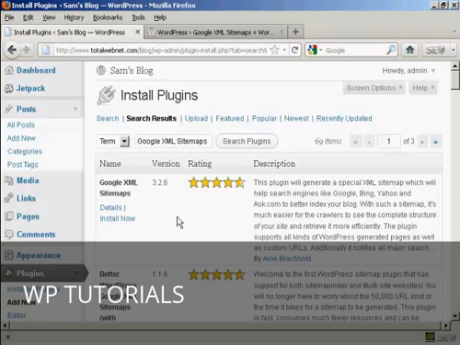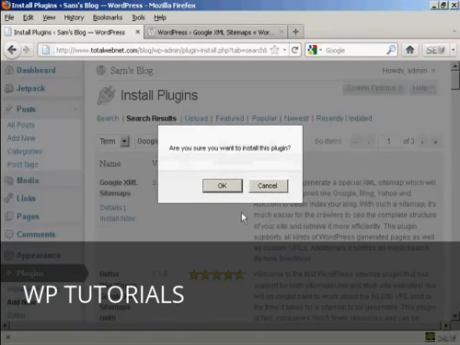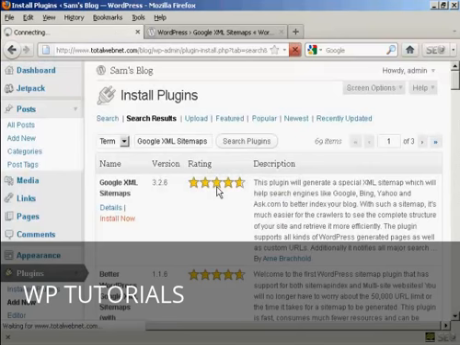And this is the one that we want, and at the time that I'm recording this video it's version 3.2.6, and click here on install now and click on OK,